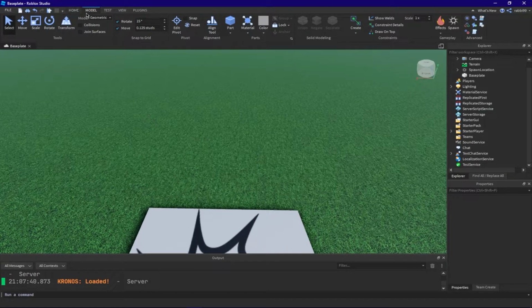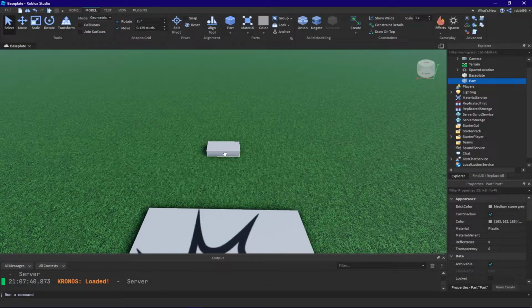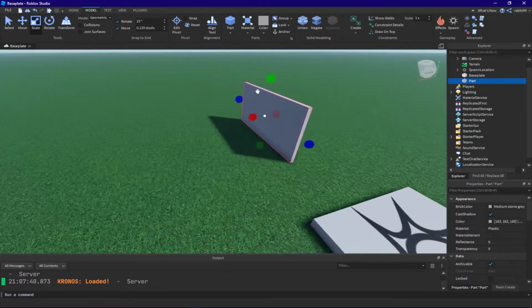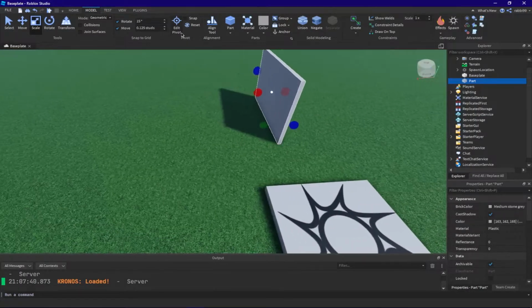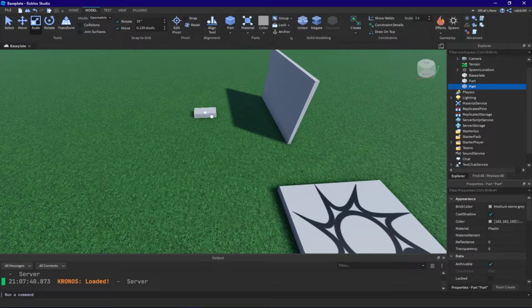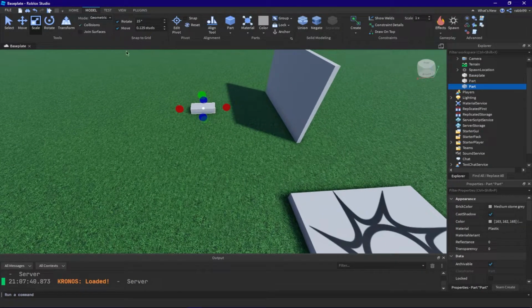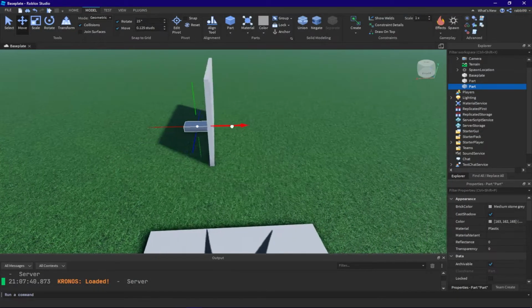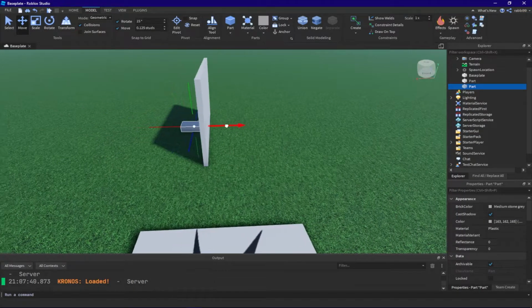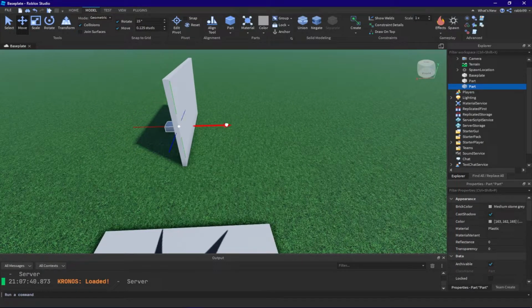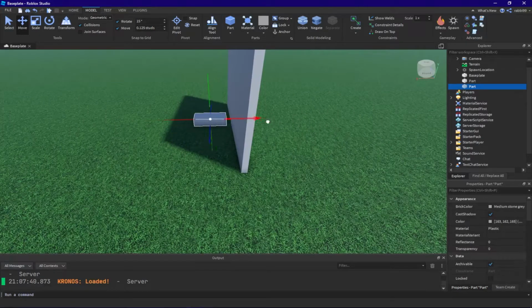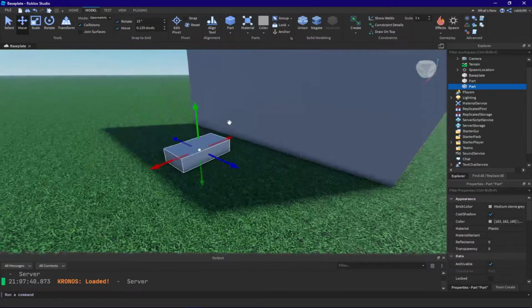So when we insert a part, and let's make it like this, we have a little wall, right? Okay, now when we have another part, and let's say you have this set to true. So when we try moving this through the wall, we can't because it's actually blocking. Well, if we actually stretch it far enough, it'll actually go through. But the point is that you cannot actually put it in there, which is really nice sometimes for builders because they can make